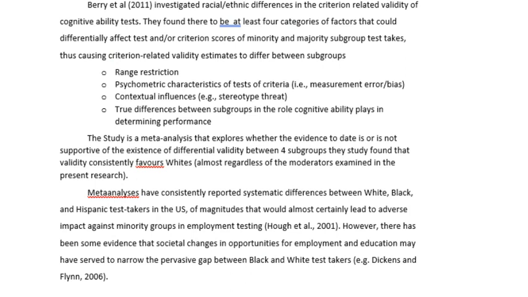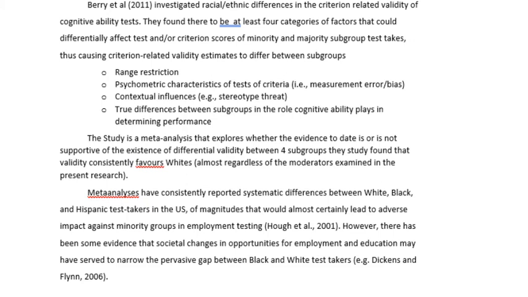Berry et al. in 2011 investigated racial and ethnic differences in the criterion-related validity of cognitive ability tests. They found there to be at least 4 categories of factors that could differentially affect test and/or criterion scores of minority and majority subgroup test takers, thus causing criterion-related validity estimates to differ between subgroups. They are range restriction, psychometric characteristics of the tests, e.g. measurement or error bias, contextual influences such as stereotype threat, true differences between the subgroups, and the role cognitive ability